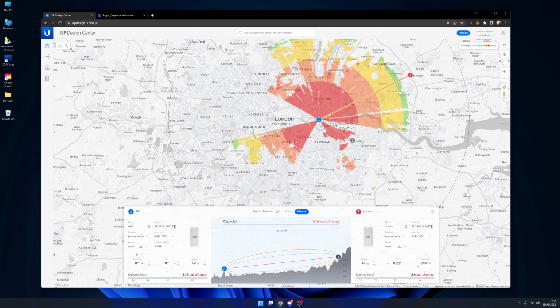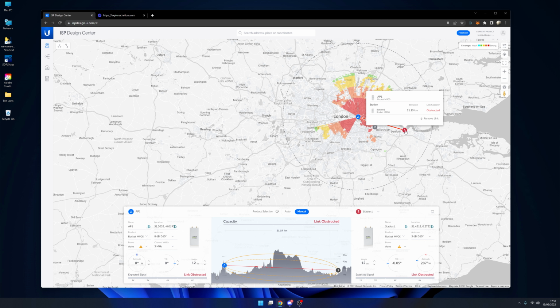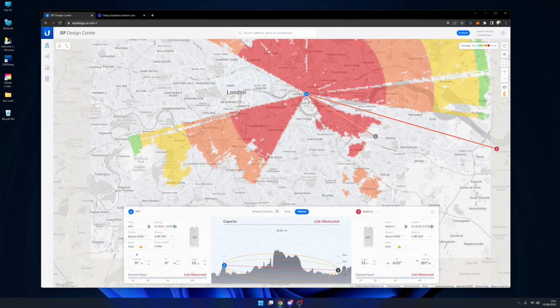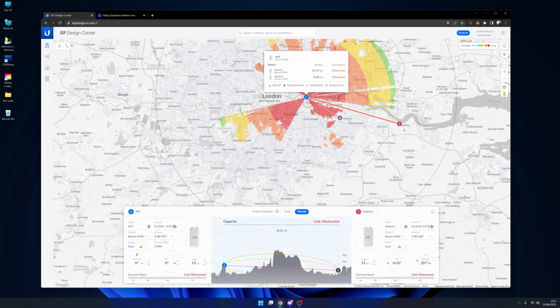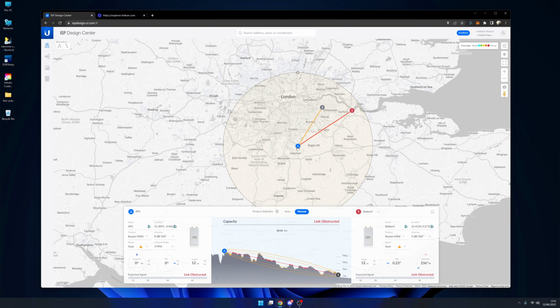Now, this is obviously not really correct for Helium, but it just gives you an idea of the distance that our signal can reach from our location. Now, you might be wondering about being in a dip; you can clearly see that on the map. Now, let's move this to somewhere a bit more outside of London. Let's go